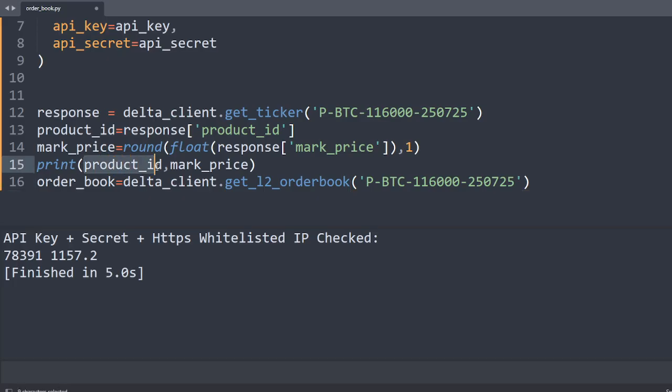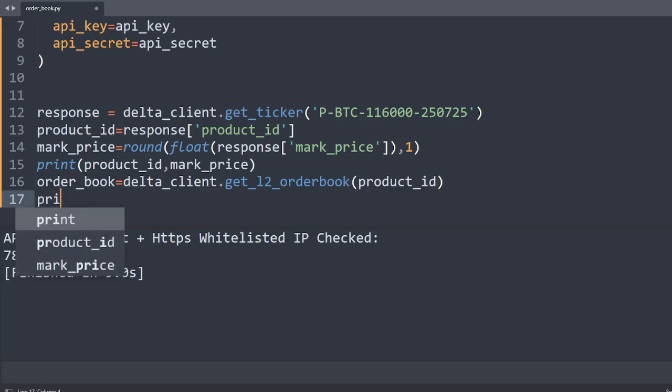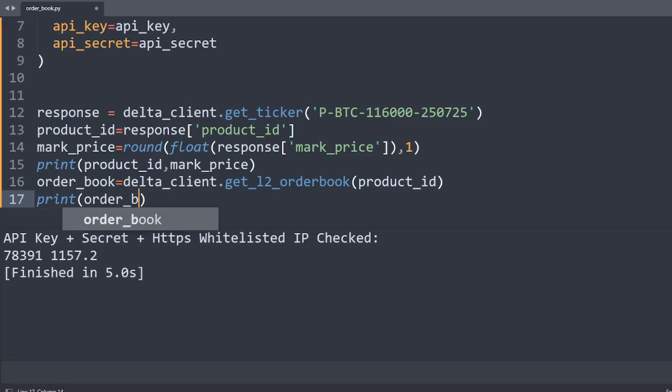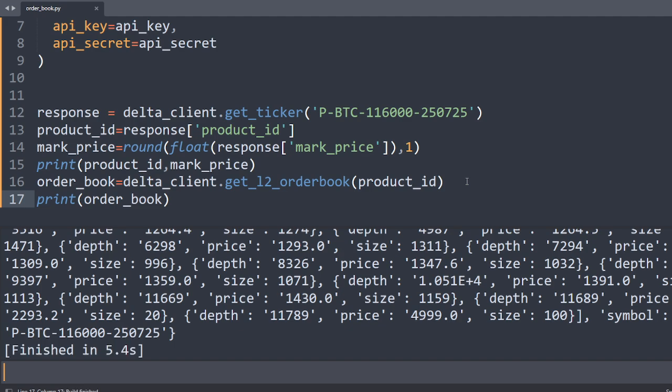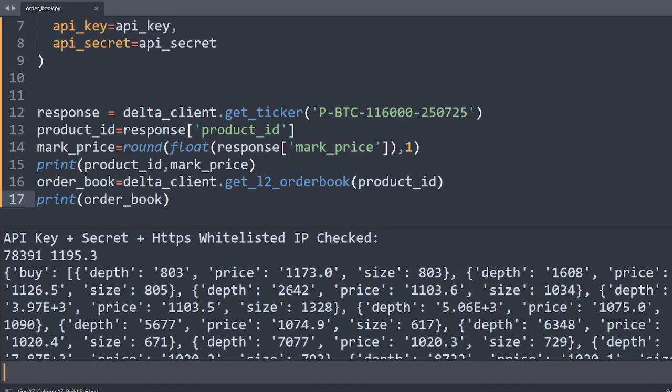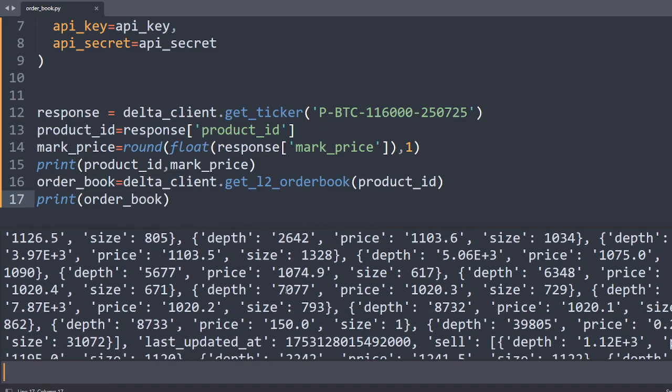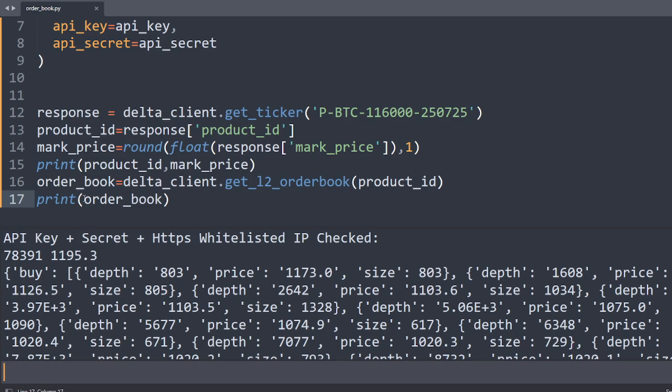Okay, the level 2 order book we are getting. Okay, so we have to mention this product ID. This string won't help us, and in the next step we have to say order underscore book. So definitely we got this. Okay, now the point is here we got a lot of stuff. Now we have to realize how things are going on. Okay, so basically if I have to go with the buy or sell, I can go with this, and whichever I want to choose the price, I can go. I just want to show in a simple way how things will go. So just contain it in this